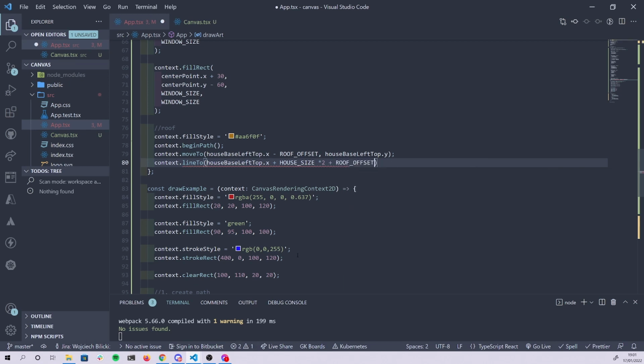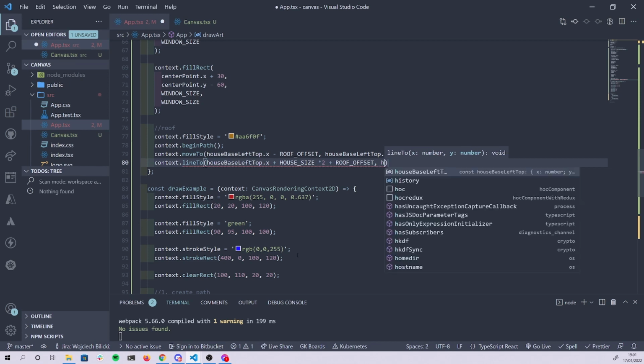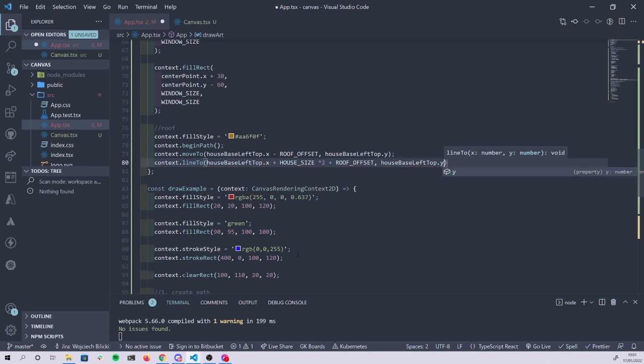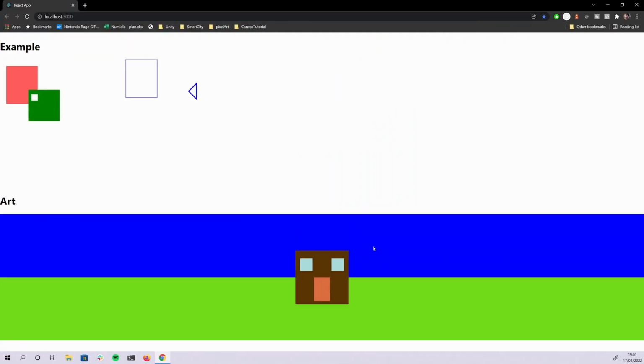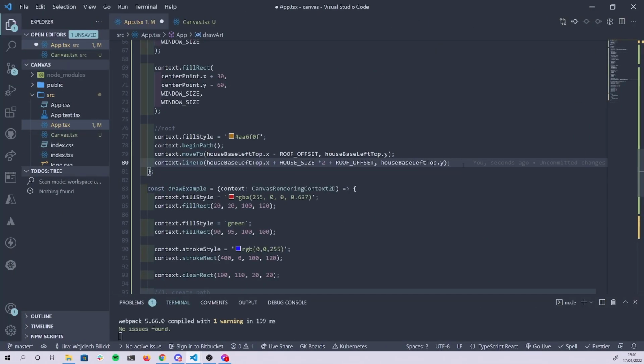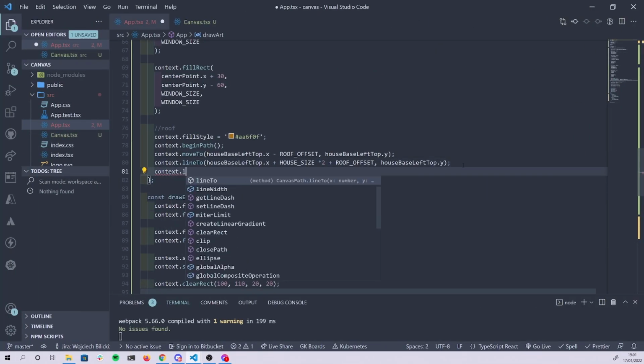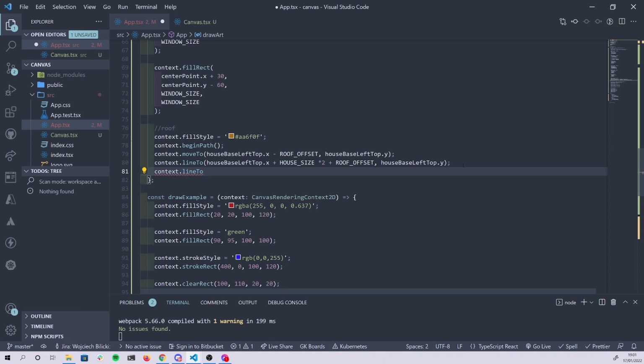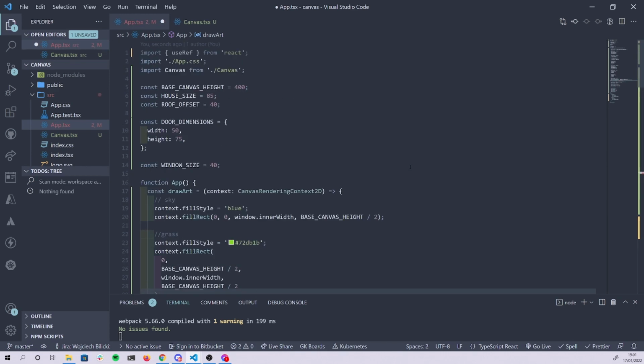Add roof offset, and then we have this as a y-coordinate. So we are here with our line, and then move to the top. So context, create a line to, this is going to be a center point dot x, and let's add some height. So this is going to be y, and let's create